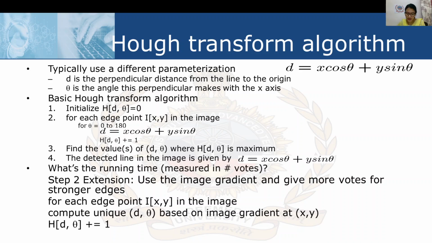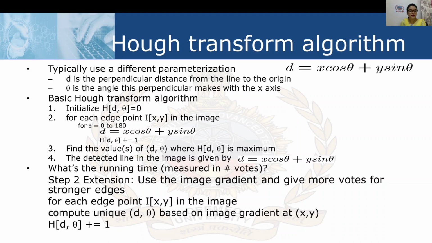So this is an alternate parametric space representation compared to the previous m and c representation, where the problem occurs when a vertical line exists in the image, because the slope will be infinite in that case. And this rho theta representation will try to solve that problem. Fine, understood?